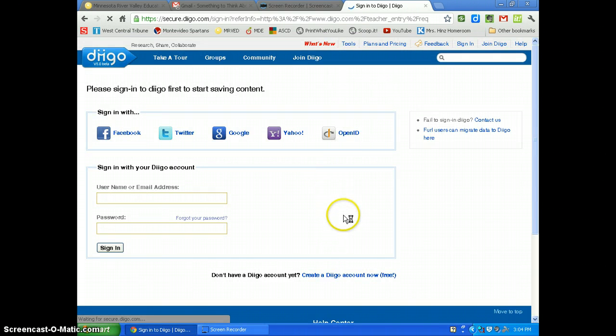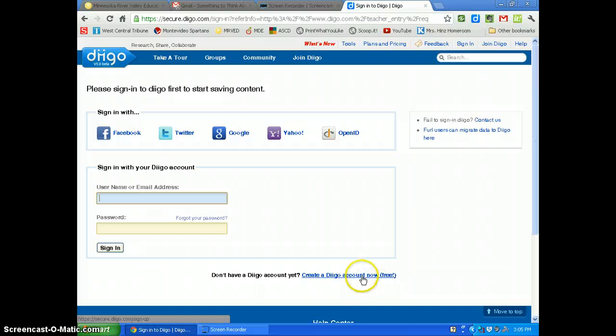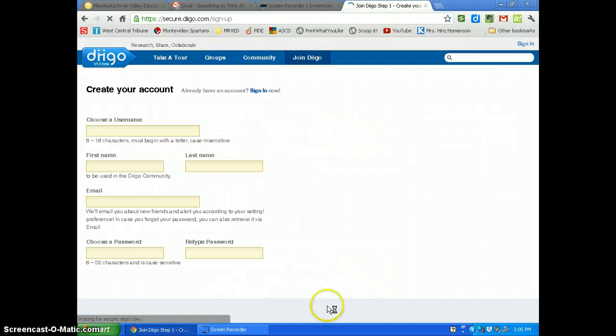And so you get to this point, and the neat thing here, depending on if you're comfortable, you can just sign in either with Facebook, Twitter, a Google account, a Yahoo account, or an OpenID. If you have one of those, you can just click on Google and away it goes. If you don't have any of those, just create a Diigo account now, down here on the right. If you have one of those, just put in your credentials and it'll automatically fill in everything for you from those accounts. But if you don't, just click on create a new account down here on the bottom,